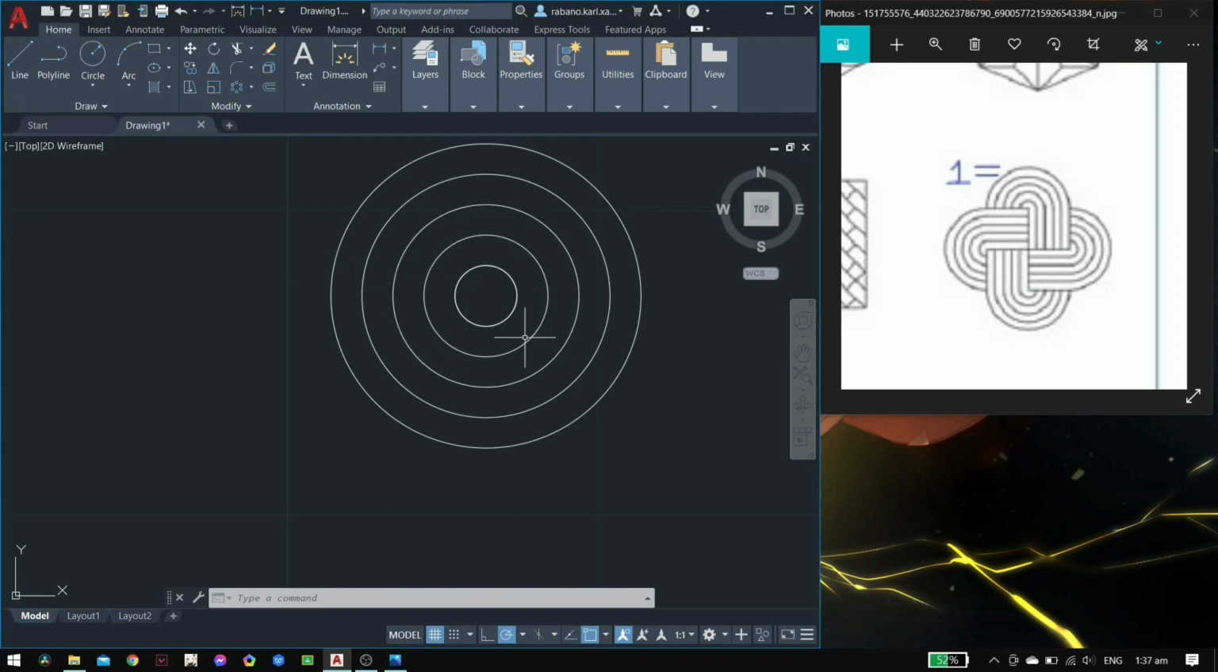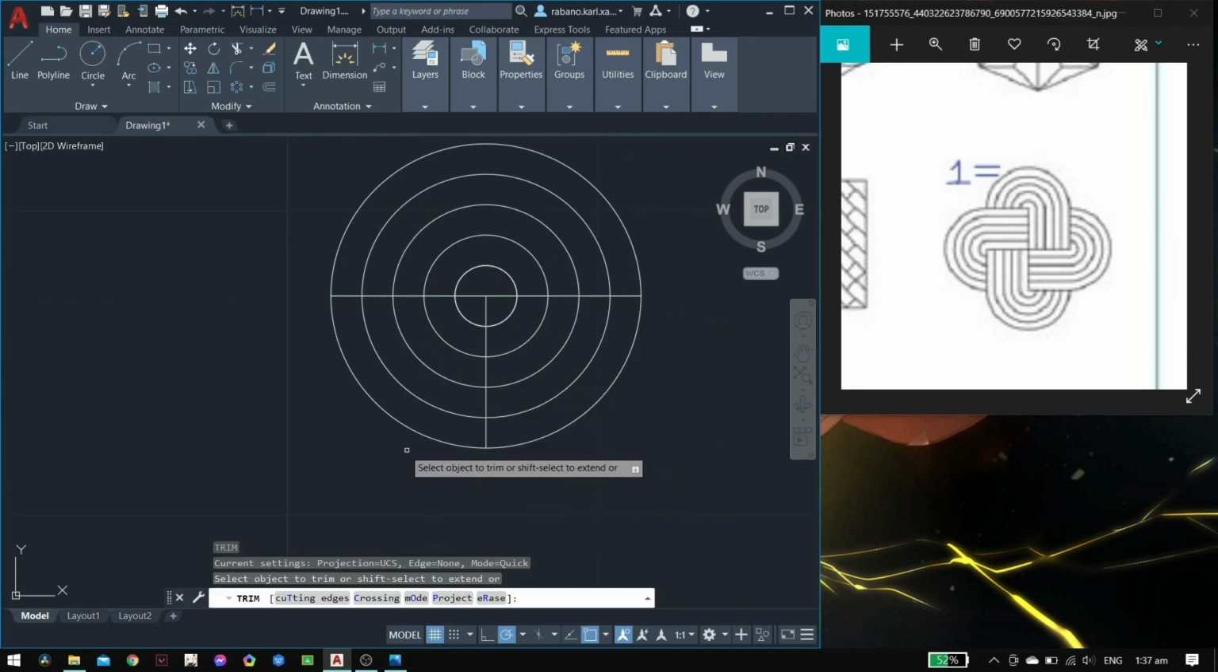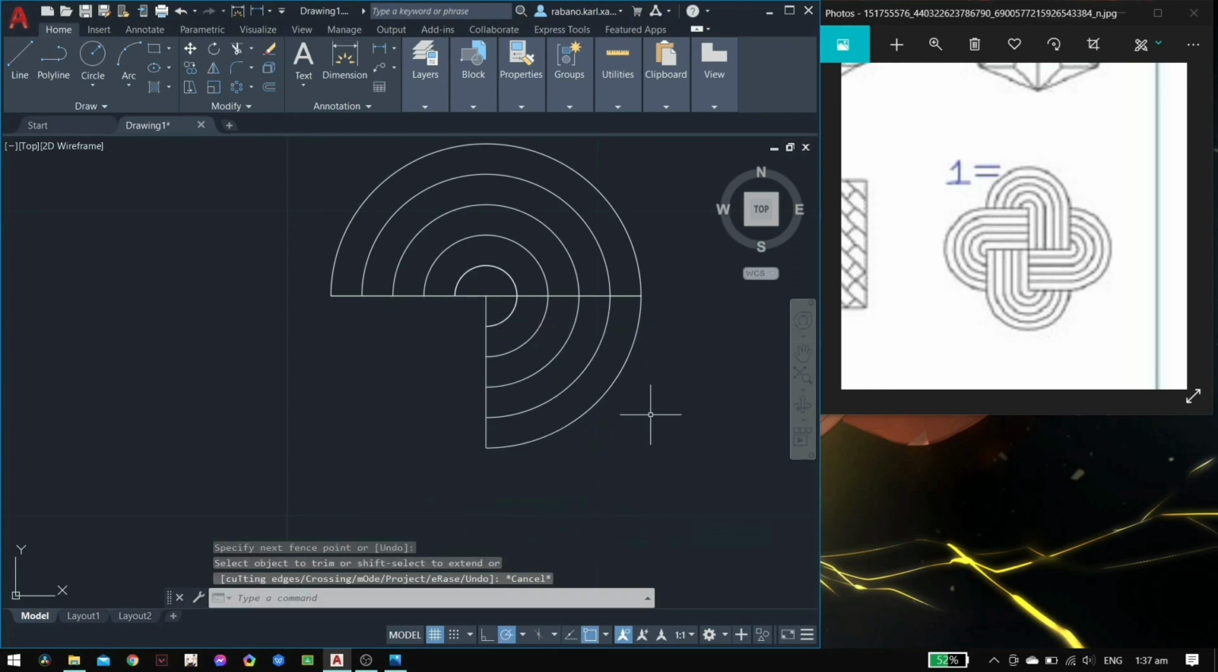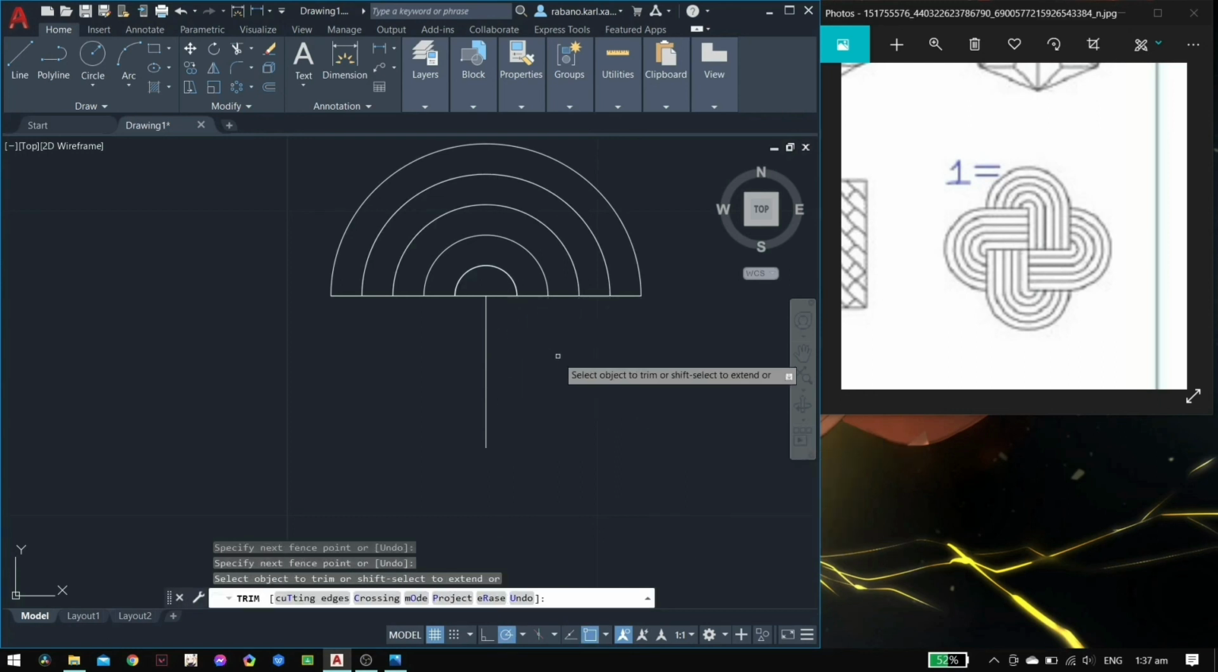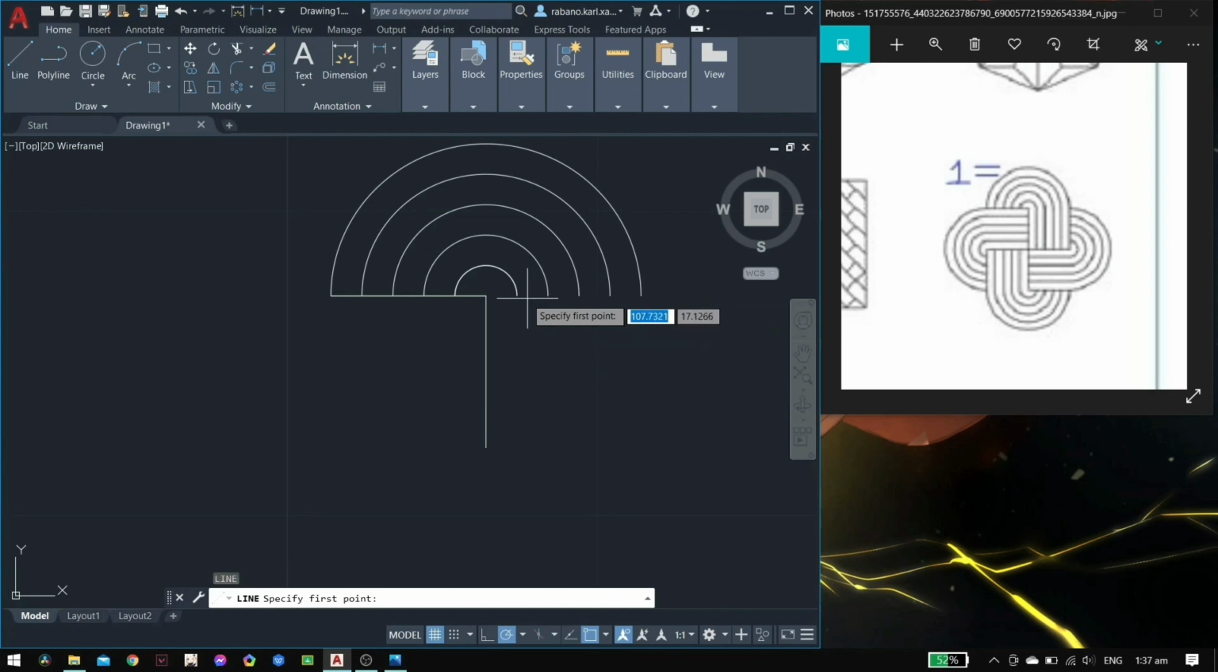Okay. Next step is to make a line and then use the trim, delete this part, then trim also this part and this part. Then next step is to make a line. This is a 5. Then